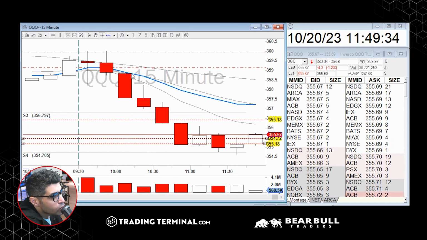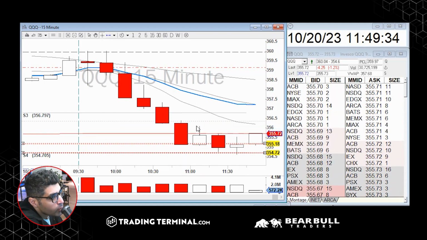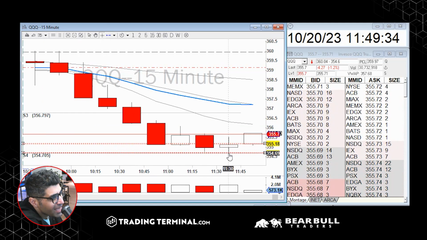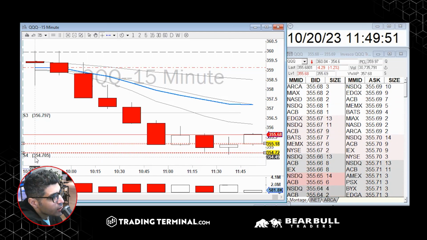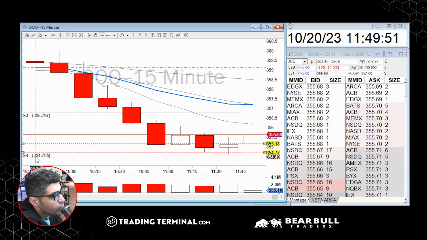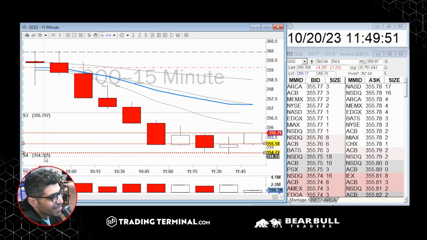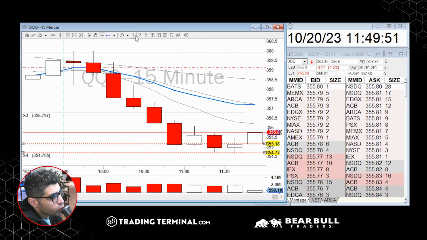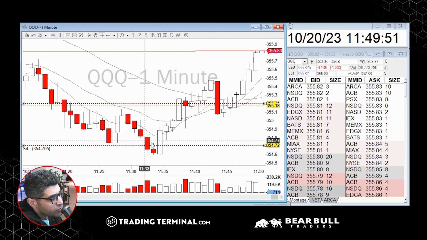So Qs sold off today from the previous day close all the way up to 1.5%, and all the way to S4, which again is a value calculated automatically. It's an indicator by your platform, 354.70. So what I wanted to do is catch a reversal on Q at S4 at 354.70,